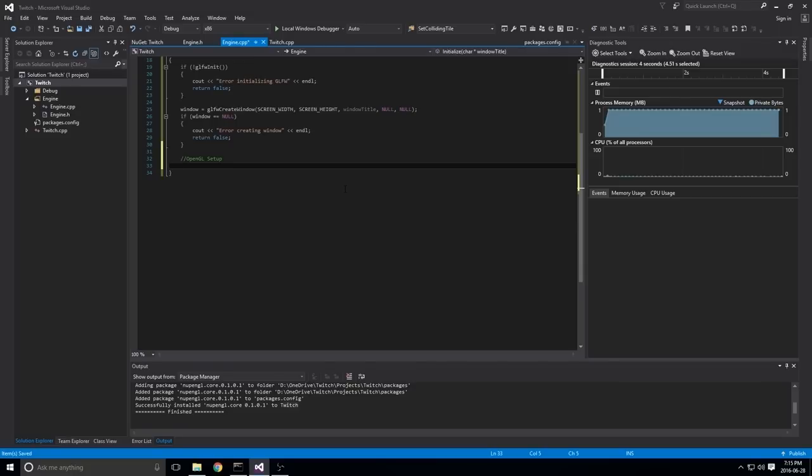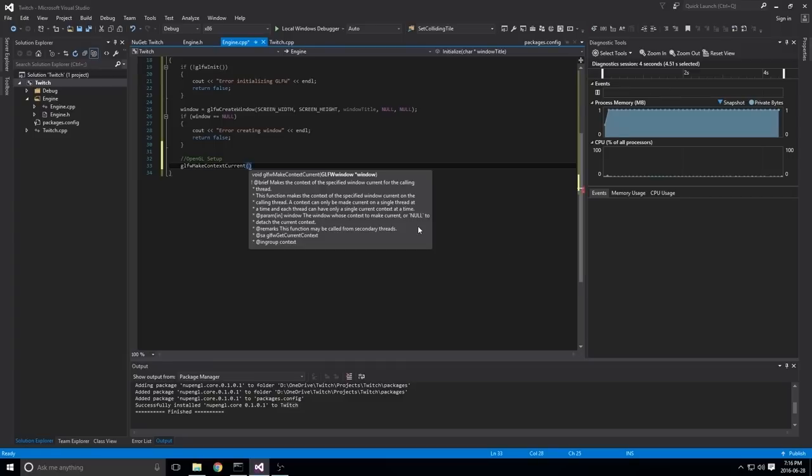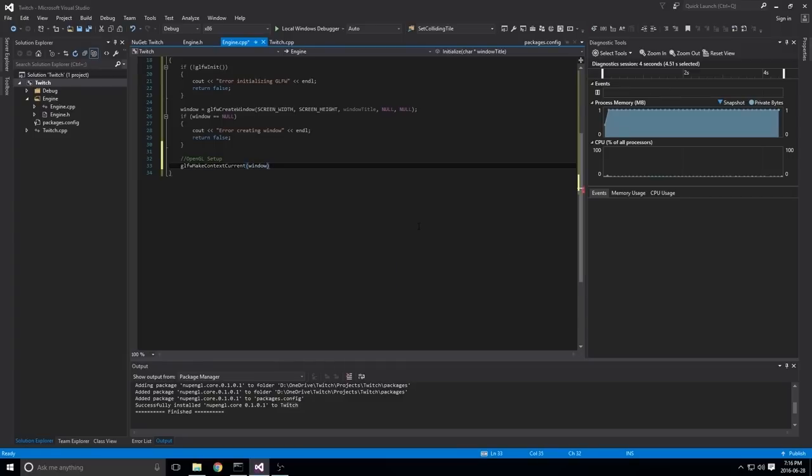So the first thing we want to do is, OpenGL has something called a context. And the context, we set it to our current window so that anything we do after that is just going to occur in our window. So that's why window is a pointer to a GLFW window, so that we can pass it through, and then OpenGL can just deal with it directly while modifying our actual variable here. So the first thing we want to do is glfwMakeContextCurrent. So the current context is going to be a pointer to our current window.